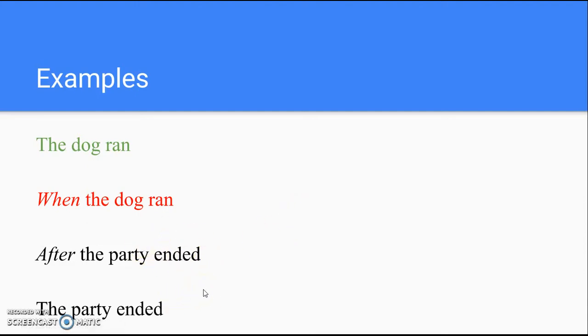There are a couple more examples below. See if you can identify which is an independent clause and which is a subordinate. The first one is "after the party ended." The subject in this clause is the party, and the predicate is ended. If it has both these things, it could qualify as an independent clause, right? Actually, it is not. The word